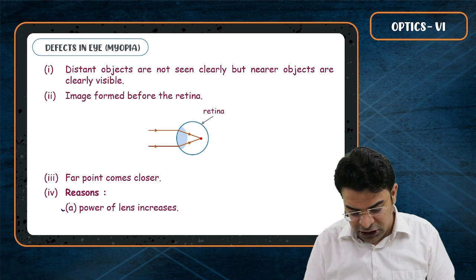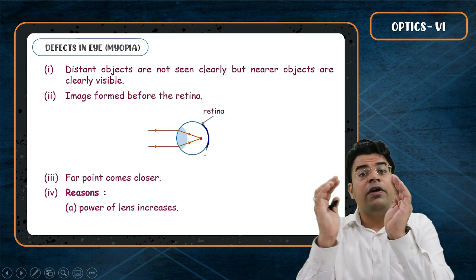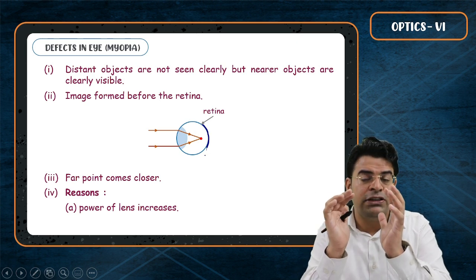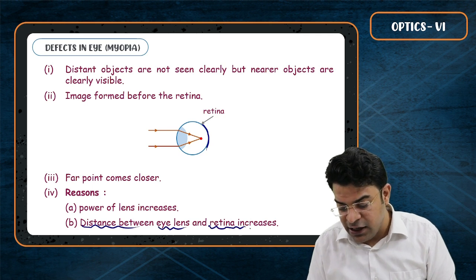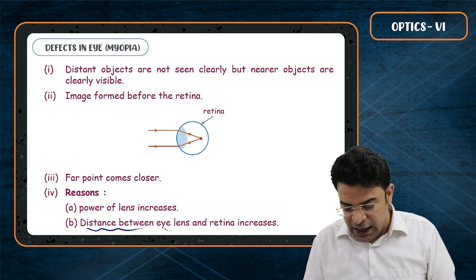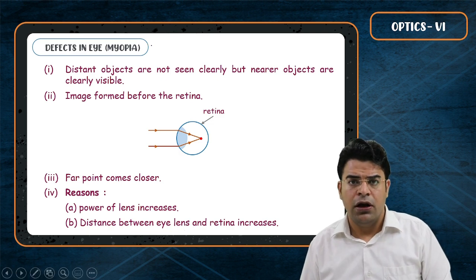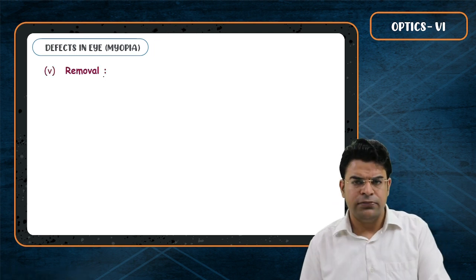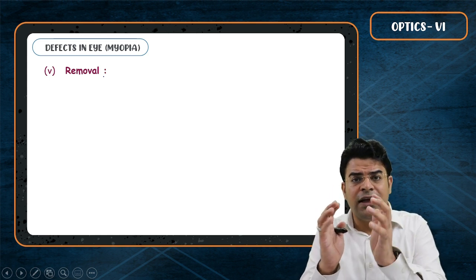This is a rare condition, and what generally happens is that the retina bulges out and moves away from the lens. So the power of the lens doesn't increase technically. The shape of the eyeball distorts and the retina moves away from the eye lens. So distance between the eye lens and retina increases because of not eating salads properly. This is the second reason of observing myopia in the patients. Now moving on and understanding myopia more. So how to remove myopia? Simply wear specs or get the surgery done to decrease the separation between the lens and the retina.